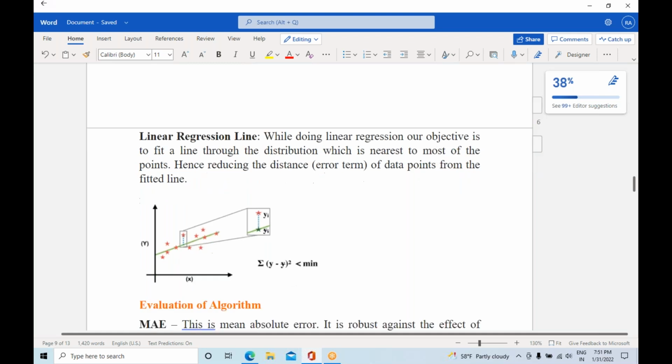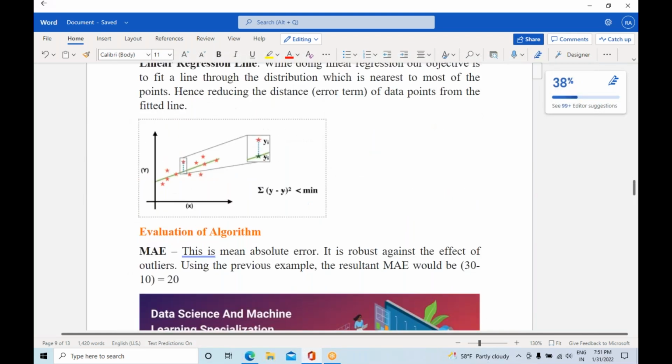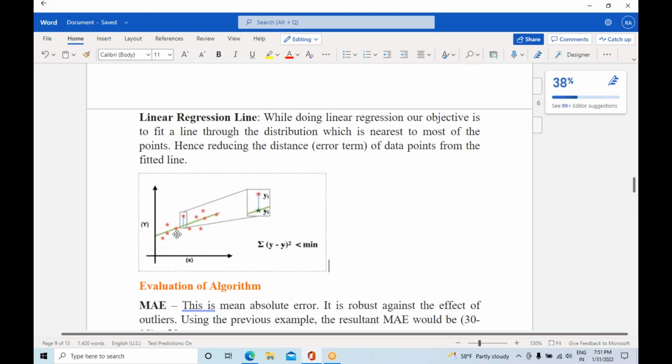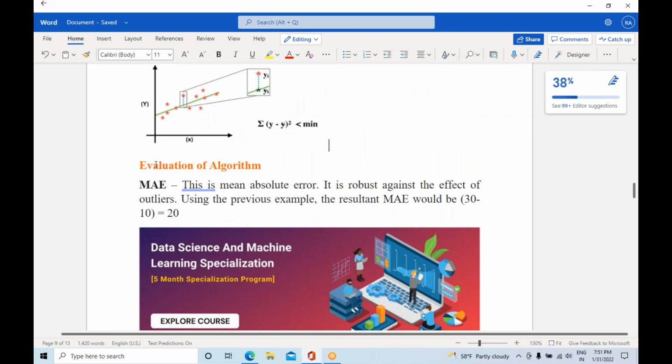That is our main motto. Is it right or not? When I'm talking the first time, we should be able to go for minimizing the distance between your best fit line and your data points. That is our main motto. For that, we have some kind of evolution of algorithms.